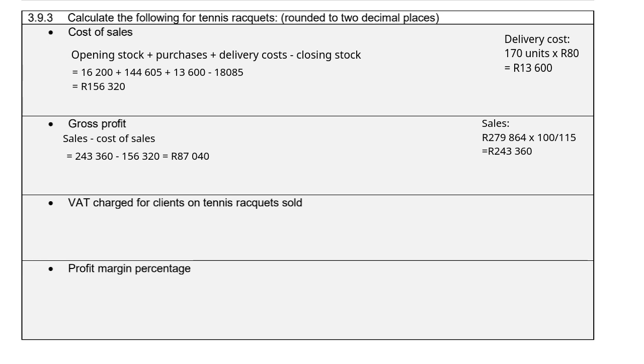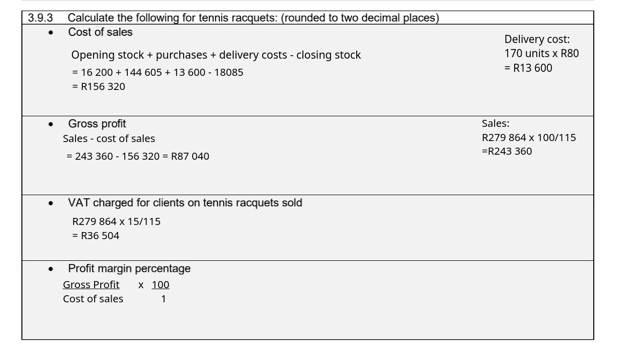includes VAT, it's 15 over 115. So our selling price is 279,864. We times by 15 divide by 115. So our VAT is 36,504 rand. Then the profit margin percentage, to calculate that, it's your gross profit divided by your cost of sales